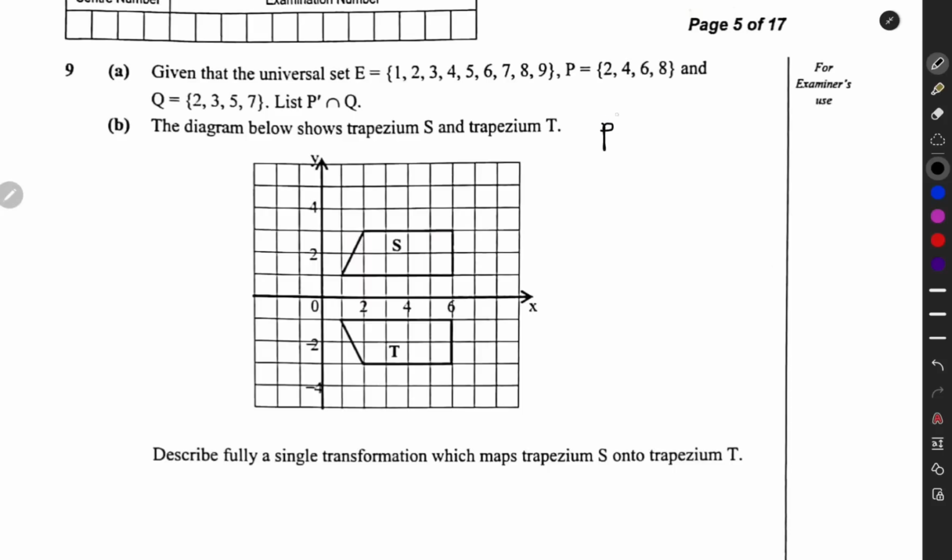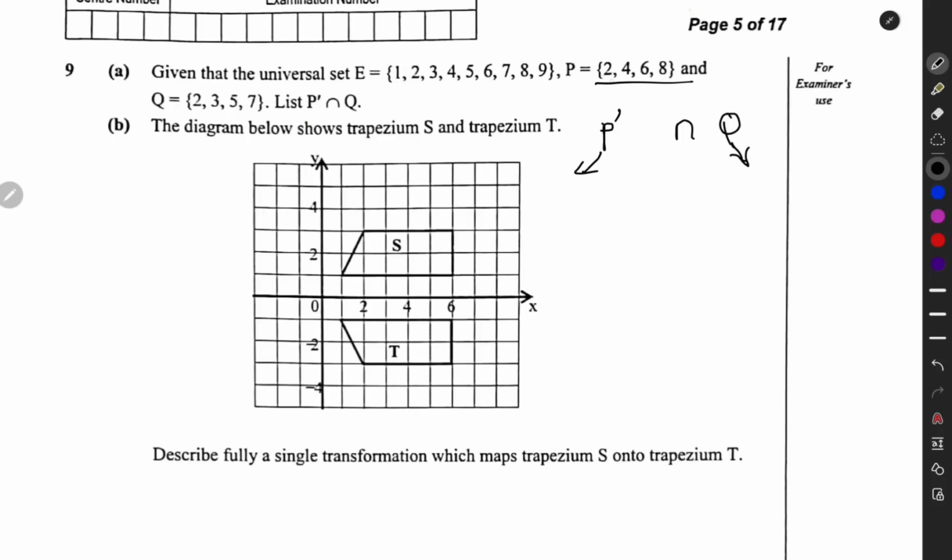So we have P complement, so we are going to find P complement intersection Q. So we just find what P complement is, and we find what set Q is. Then we are going to find the intersection of the two sets. So P complement simply means all elements that are not found in set P but are present in the universal set. So this is set P, and which elements are not found in set P but are found in the